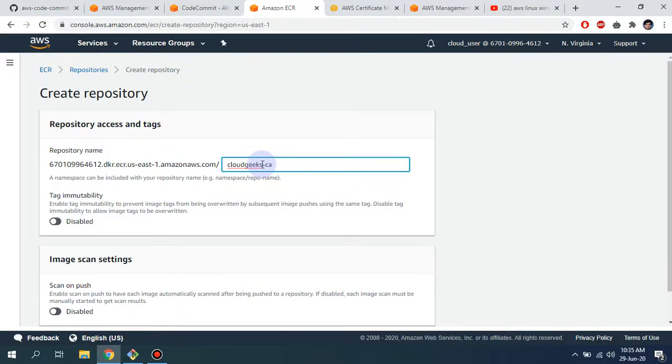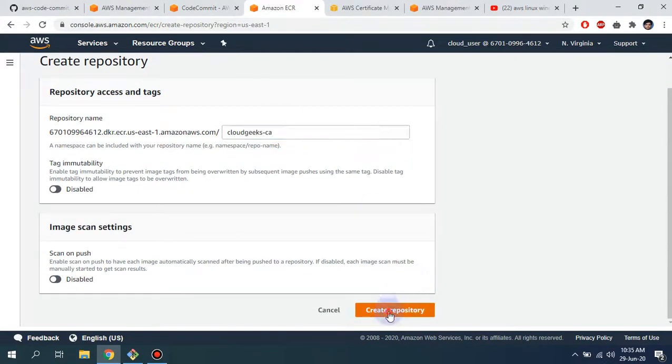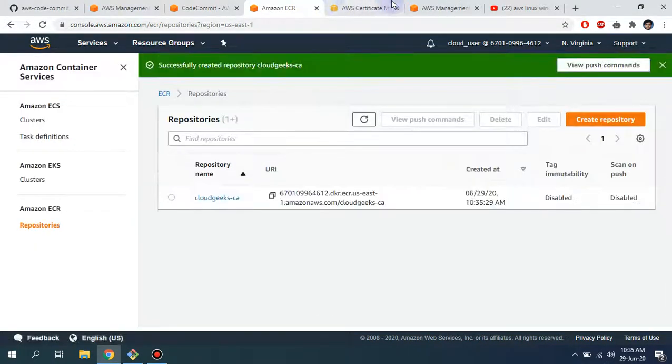Okay, and yeah, that's it. So, what we are going to do. As you see, guys, we have successfully created our ECR, Elastic Container Registry,